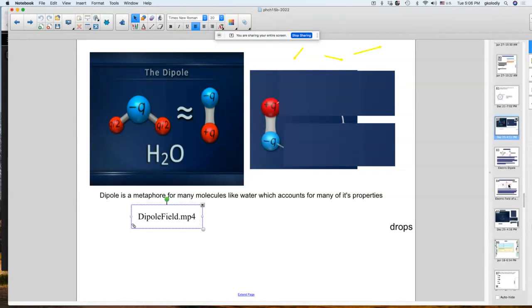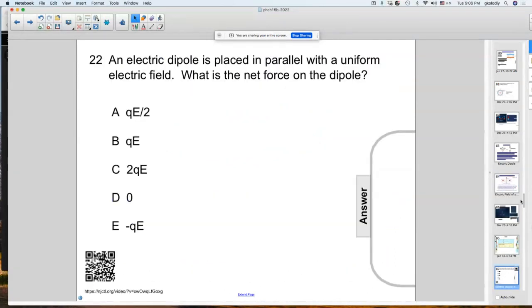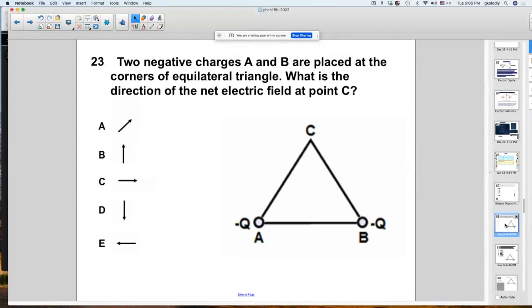So basically what a dipole is, you could have two charges like he did here. Or they could be the same charge. That's still considered a dipole field. So let's go to, not that problem, right over here. So this is a